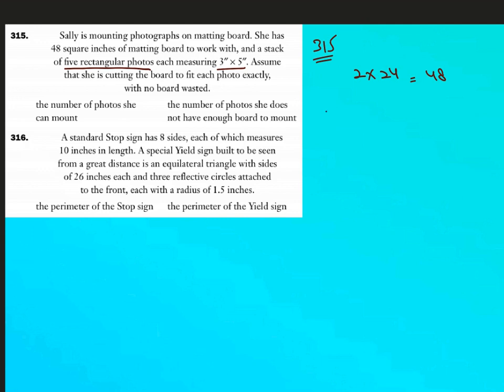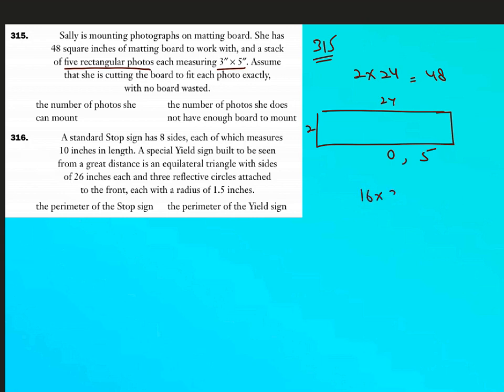This actually means this is the rectangular board I have. This is 24, this is 2. There is no way I can cut a 3 inch by 5 inch from here because I don't have a width of 3 inch. So in this case, the quantities would be 0 and 5. Cannot mount any, so not mounted 5. But if I take the distribution of, let's say,